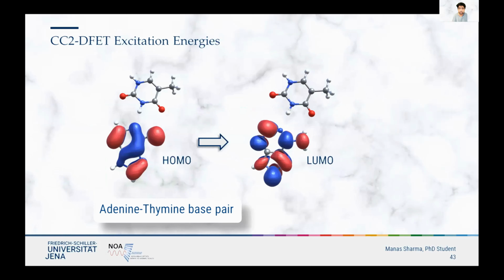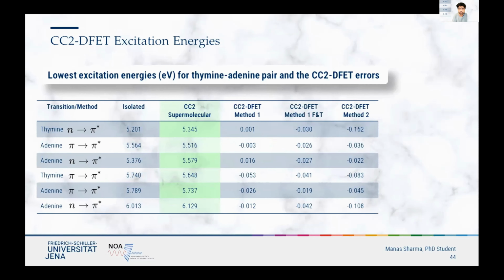Then if we consider the adenine thymine base pair, and we calculate the first 6 excitation energies, then in the green, we have the supermolecular CC2 calculations, and then we have the error associated with different embedding methods. And we see that again, method 1 gives just a maximum error of 0.053 electron volts,